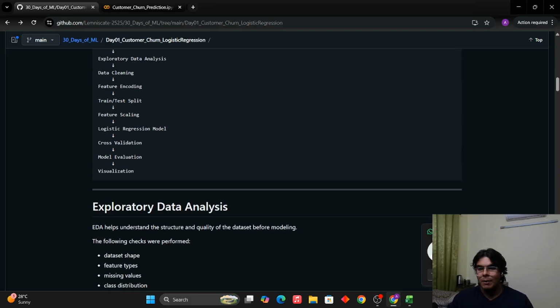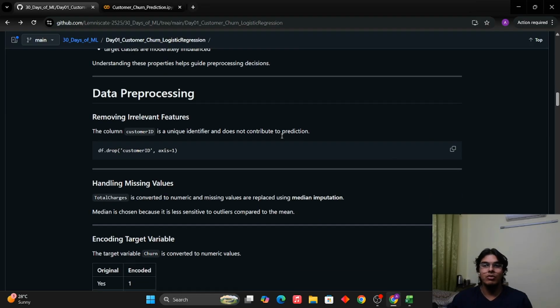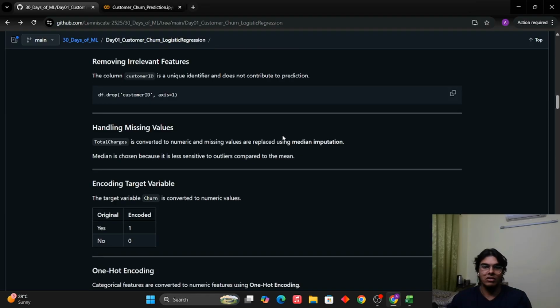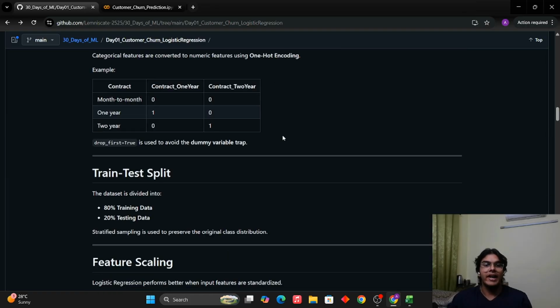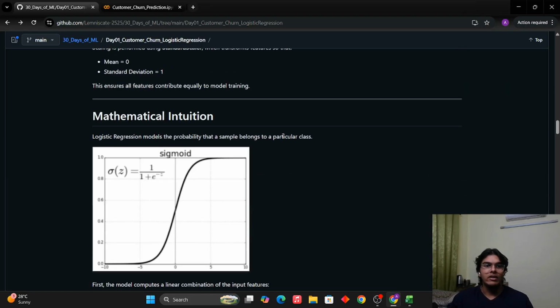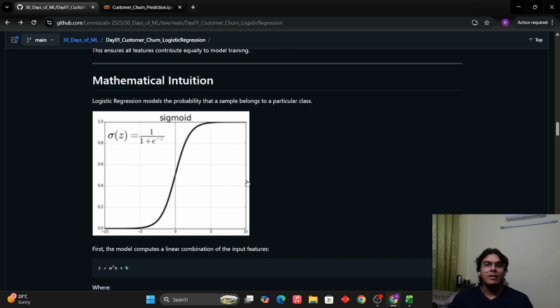So I have included the math intuition as to how to approach this problem, so that we know with a definite chance that logistic regression is the correct fit here. This is basically the backend, or the working, of the logistic regression model. It utilizes the sigmoid function. This is the same sigmoid which is used in deep learning activation functions.